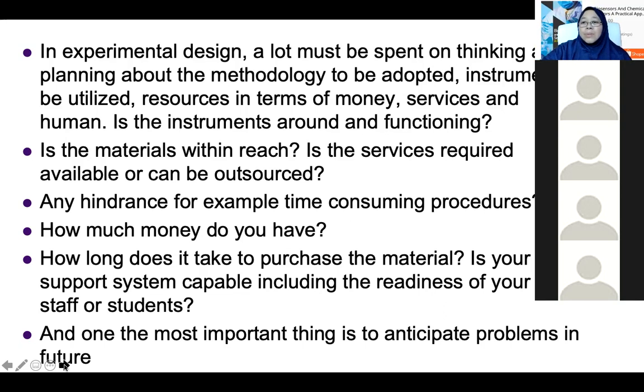The other one also is services. Sometimes, let's say you're doing something related to drug delivery for cancer, for example, and you need to do animal study. So when you need to do animal study, you have to apply for ethic approval. Because we are dealing with animals, that ethic approval will take some time. So you have to plan your research design. When are you going to apply for your ethic approval?